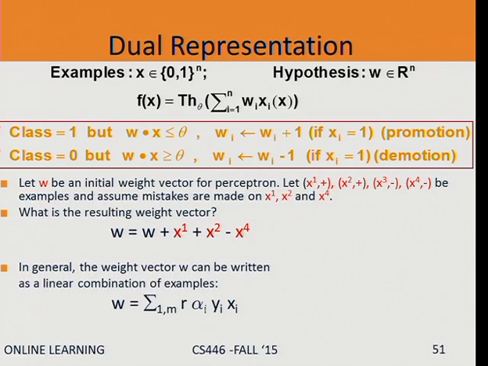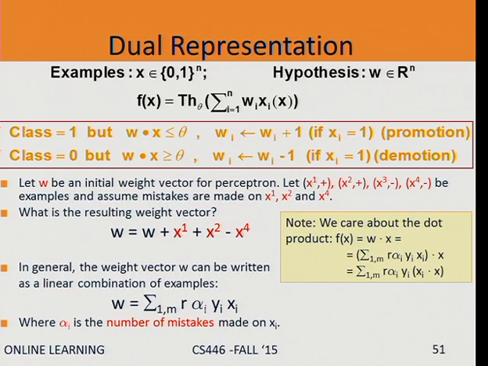So that's W. And that's what we're going to call a dual representation, representing the weight vector, which is our target function, in the example space. Very simple. Now, it's important for us to know that I don't really care about W. I care about the predictions made with W. So I care about the dot product, W dot product with X, and I can write it this way. I just took this W, dot product with X gives me this. So it's essentially this linear combination of xi dot product with the X I care about.